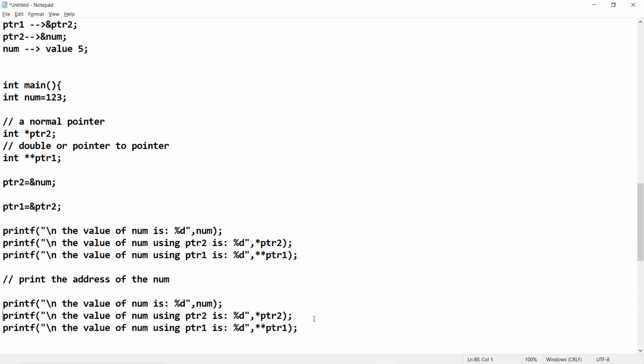Ideally you have to print a hexadecimal value, and the type is %p. It's not a value, it is an address.